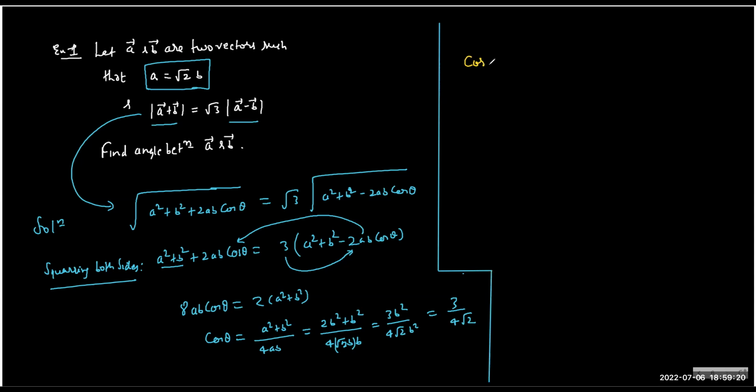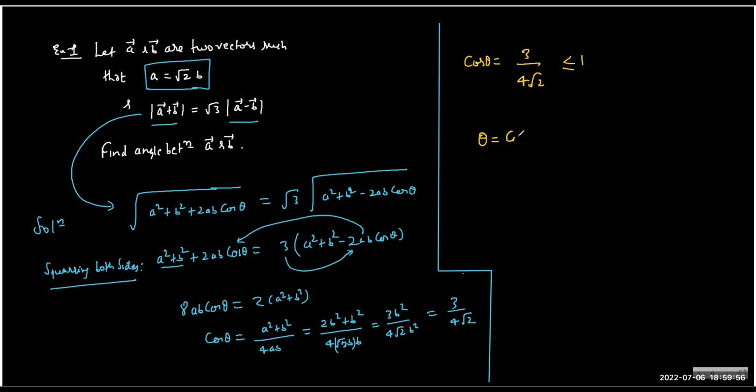So cos theta turns out to be 3 upon... and why is this the correct answer? What we need to really check is whether it is less than or equal to 1. Any value which is less than or equal to 1 is a correct value for the angle. These are numbers. Eventually this will become a number, and using a calculator you can get this answer by using the inverse function. So we can write it as